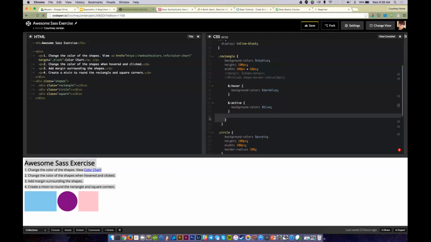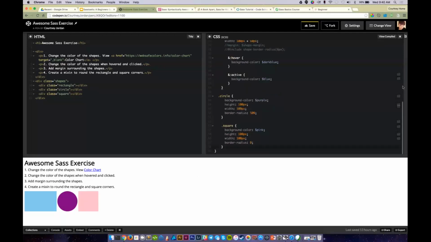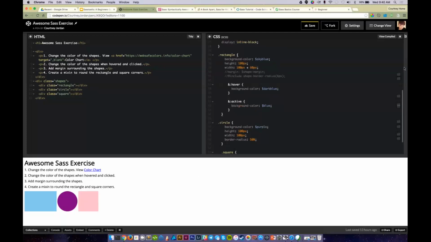Just walk everybody through that really quick. So remove the anchor again. There's probably a little lag in the WebEx. So there was an anchor in the rectangle code. You want to remove that A and its ending curly bracket. So then you should just have an ampersand hover and an ampersand active.